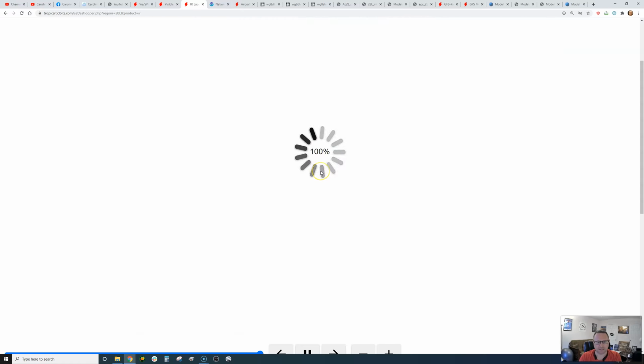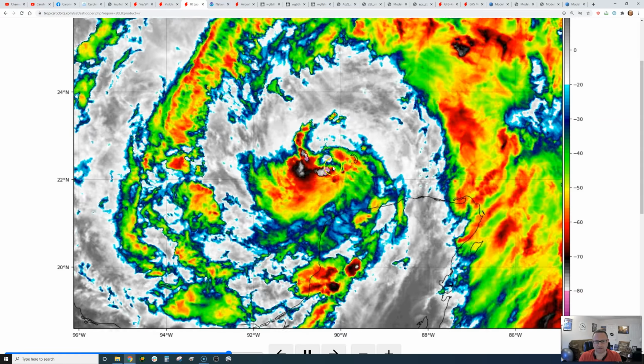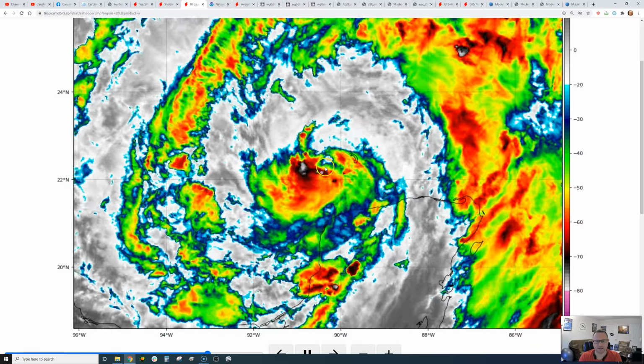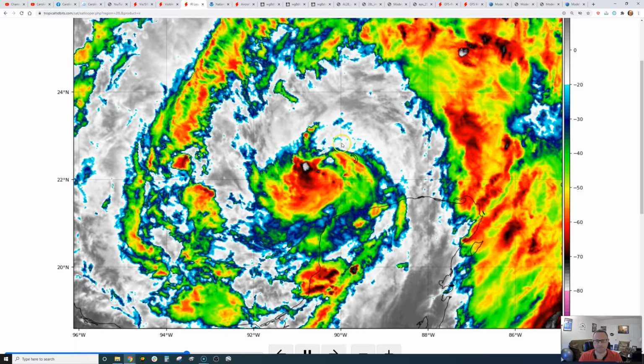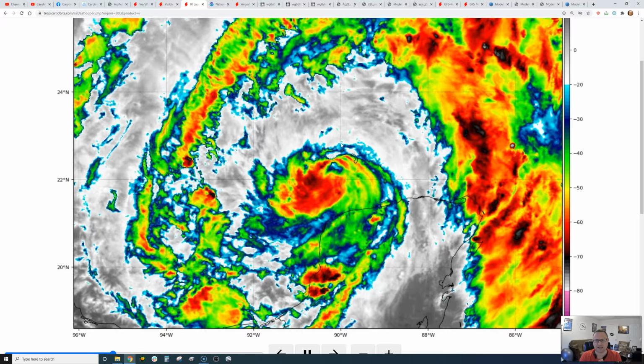You can see here on the satellite loop, definitely not as much concentrated thunderstorm activity near the center. It definitely took a hit. However, the last couple of frames do show some colder cloud tops beginning to spin up on the southern side, and we do think this could spin back up into a Category 1 hurricane this evening, with a small chance that it reaches Category 2